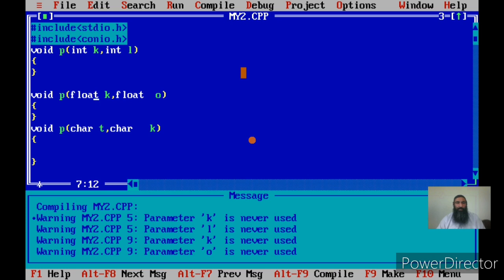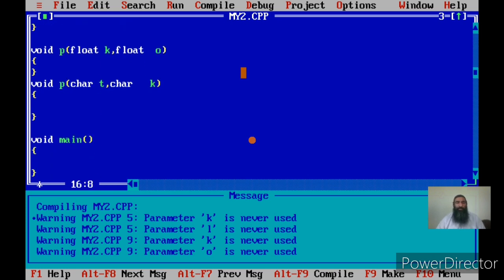Now let us write a function. Let us suppose I declare an integer a equal to some value. I am using initial values so that it will be easier, otherwise you could input the values.